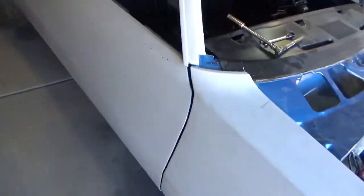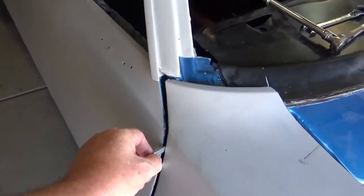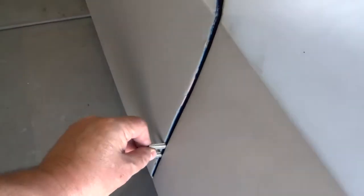Hey tubers, it took about 2 hours, but I think I got the passenger side all adjusted. Gets a little tight as we get down to the bottom, but I haven't finished with the bottom yet. The bottom, you can see it's still sucked in, but